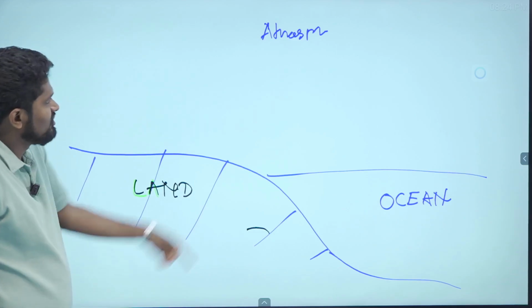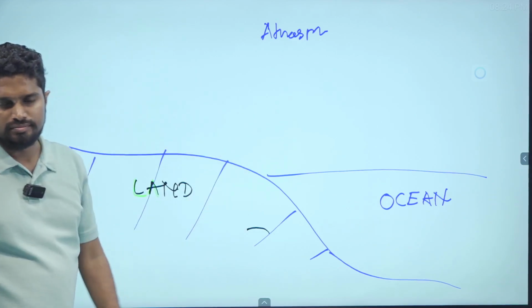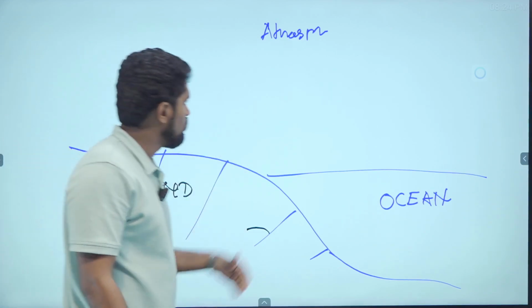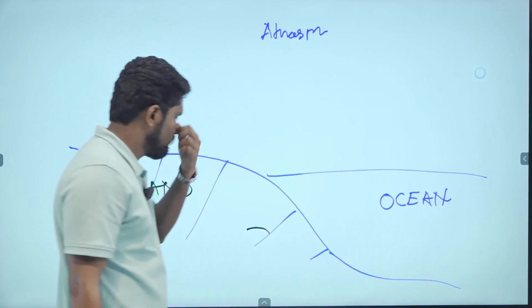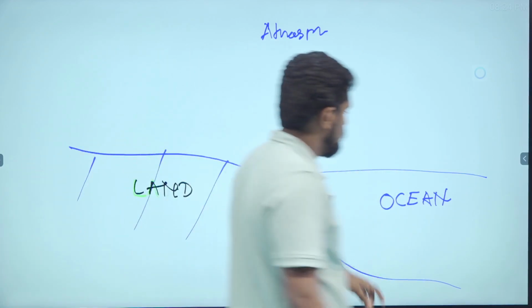There is a land, there is the ocean and there is the atmosphere. Okay? Land, ocean and atmosphere. Okay? And I will discuss these things using